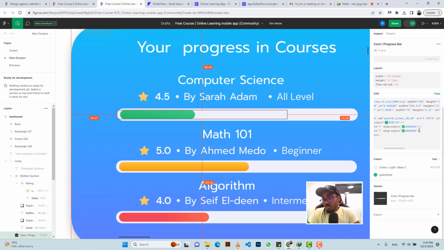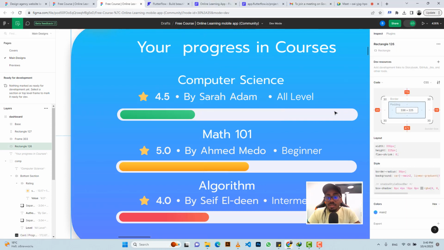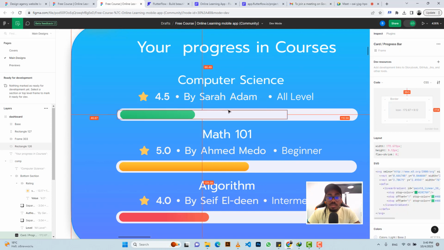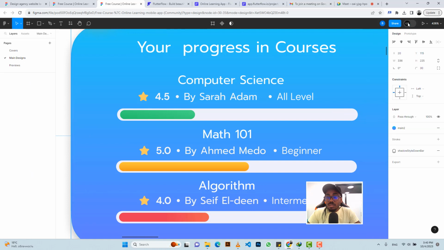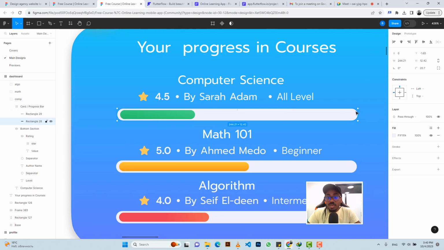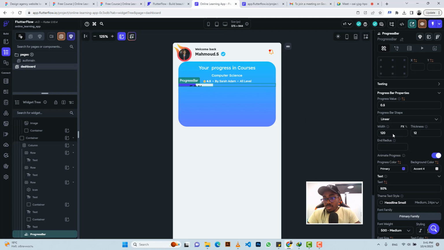Okay, so I'm just gonna come over here and copy it. I'm copying it from here, Control C, and now look at it. The width of this entire thing is quite long. Let me turn the dev mode off so that I can see the width here. It's like 244, right? Then the height is like 12. So let's come over here and say the width is 244, yes, and then the height is 12,